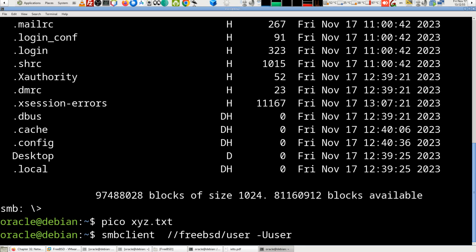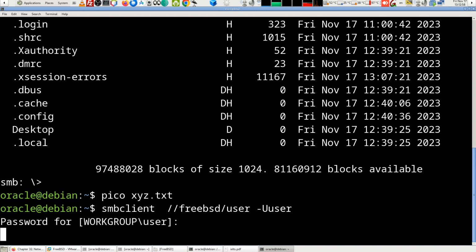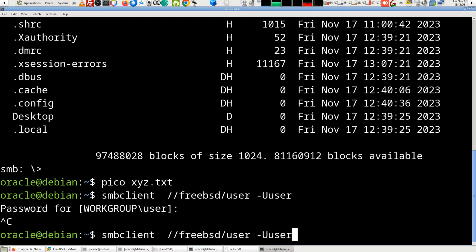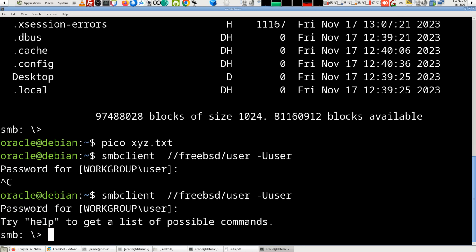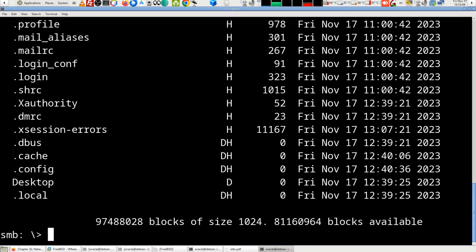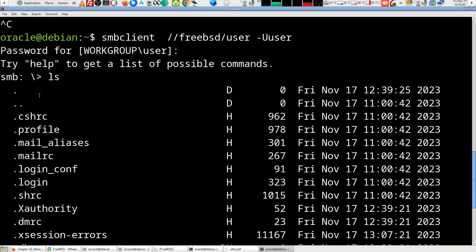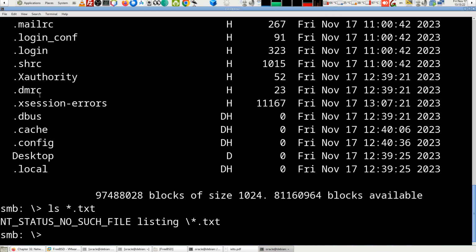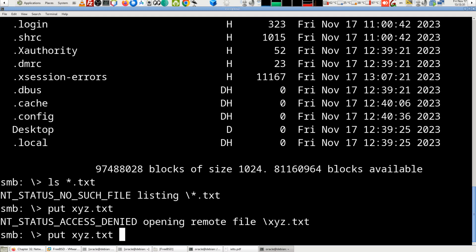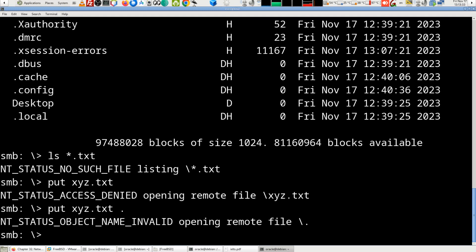Okay, then smbclient. Oh, I had a different password, I think so. Okay, so let's see. Okay, now I can put some file, put xyz.txt. Okay, there's